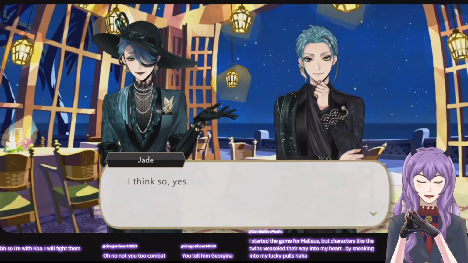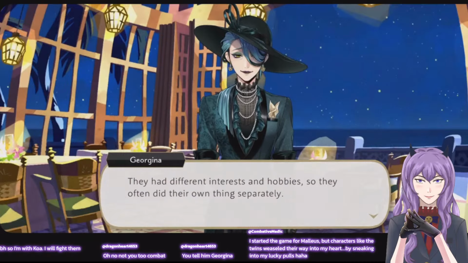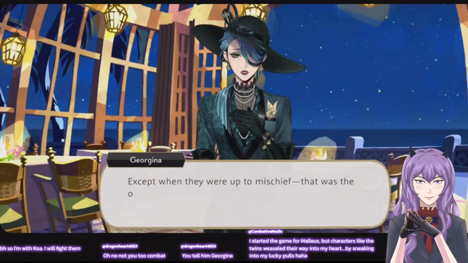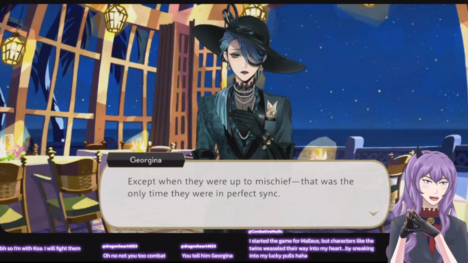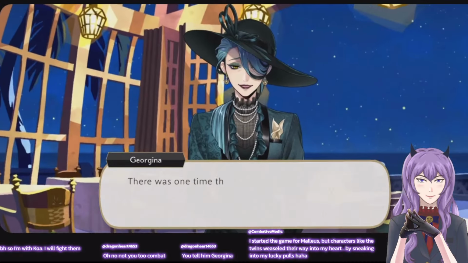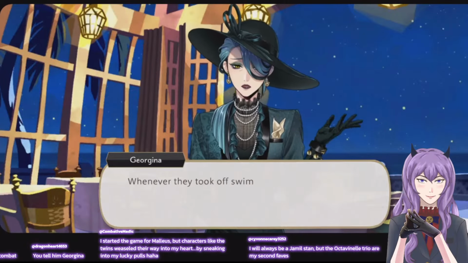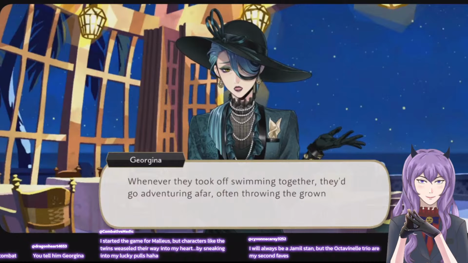You think, though. Look at her face when she says that. Oh, you've probably seen many things, Georgina. I guess they were troublesome twins even as children.